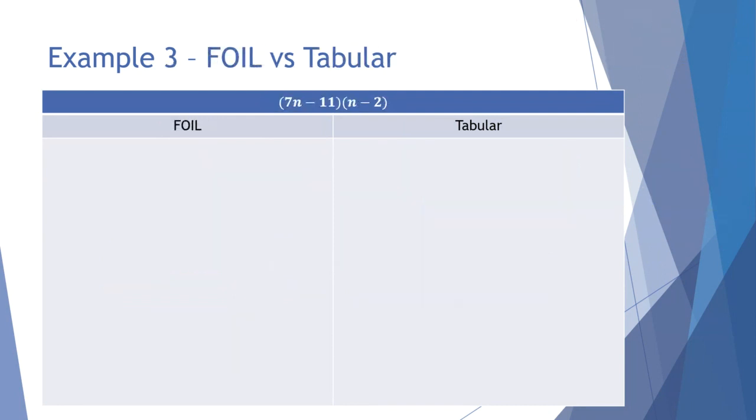Now, if you have a binomial times a binomial, so this is a special format, you can use something that is called FOIL. This is where you have 2 terms times 2 terms, and so you're going to get 4 terms out when you multiply. So FOIL, and I'm going to just do this off to the side,